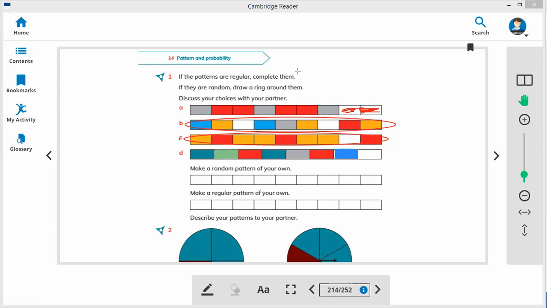Okay, like this. So I completed my pattern using these colors. You can complete this pattern with the help of colors. So here you will color two reds, and C and D is going to be a random pattern